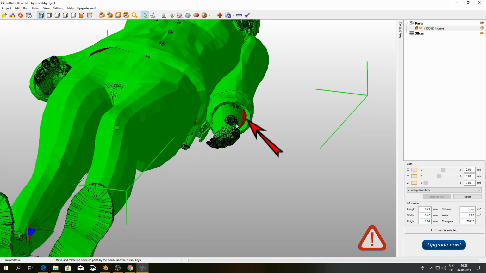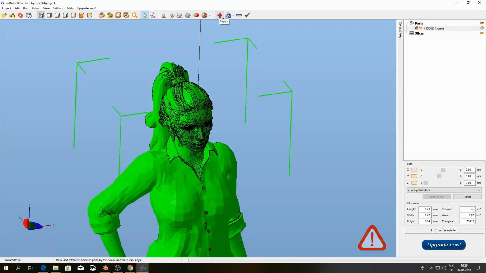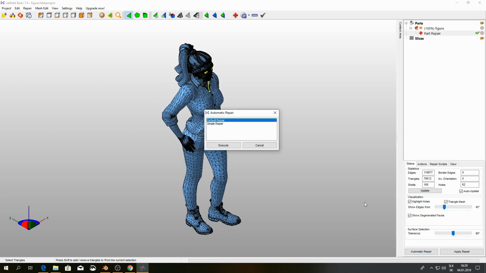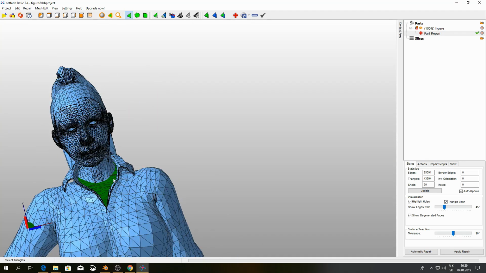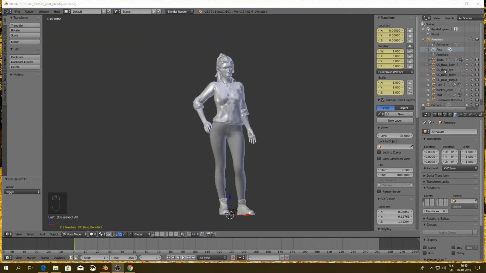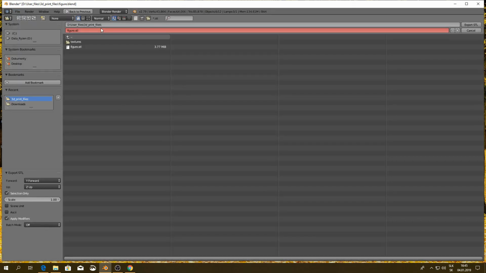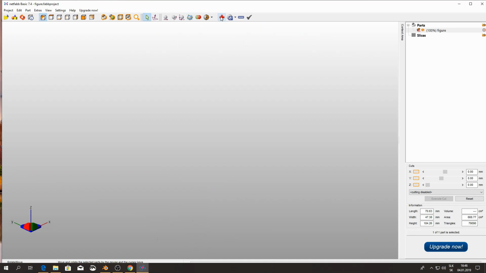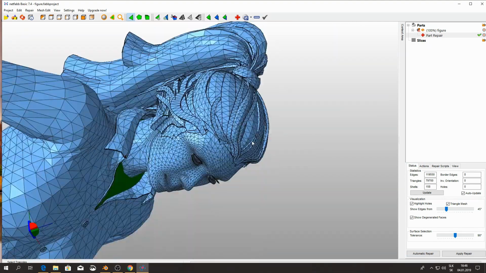Red spots mean that the object is not closed and it's not suitable for 3D printing. Be sure to save your character model at a reasonable scale. If we use the Netfabb software to repair the model, we get such green spaces.